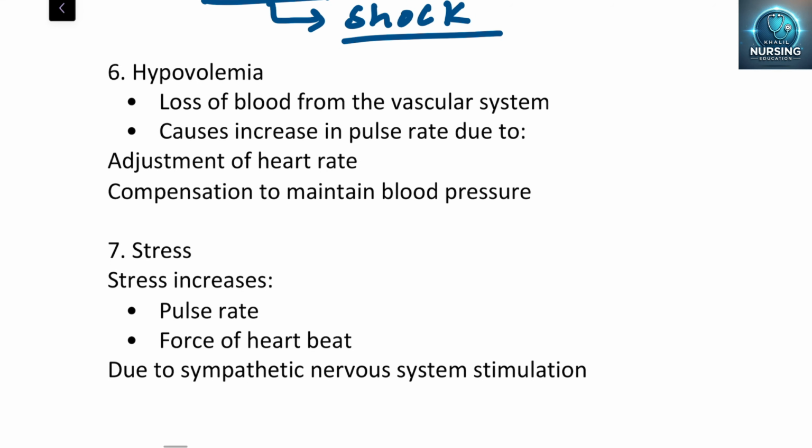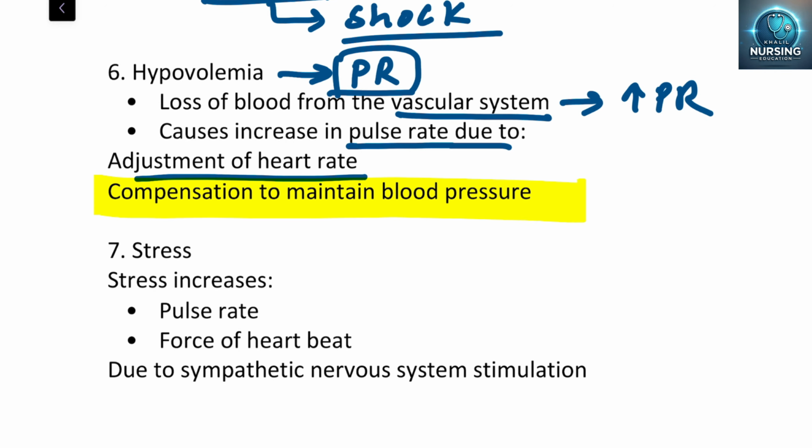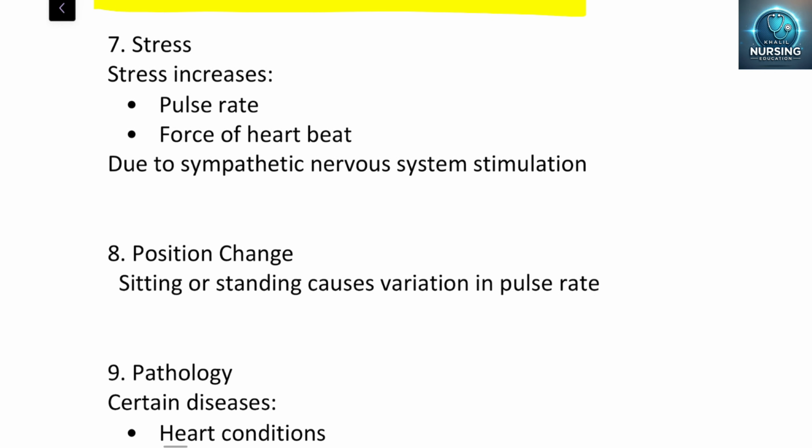Next, hypovolemia also changes the PR level, that means pulse rate level. Loss of blood from the vascular system, that time it will increase the heart rate. It causes an increase in pulse rate due to the adjustment of the heart rate, as I said. So there is a compensation of the blood pressure. Next, seventh one. Stress increases; whenever the person is in stress, that time heart rate